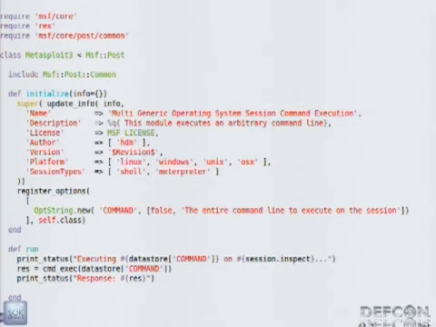Awesome. This is a very simple module, just as an example to give you an idea of what the structure looks like. If you're at all familiar with any of Metasploit's exploit or auxiliary modules, the structure is very similar. So you have a block of metadata in the constructor, in the initialize method, that gives you the author, some information about the exploit, or in this case the post module. And that'll be a freeform text block that you can use to describe what the thing does and where it gets its data, that sort of thing.